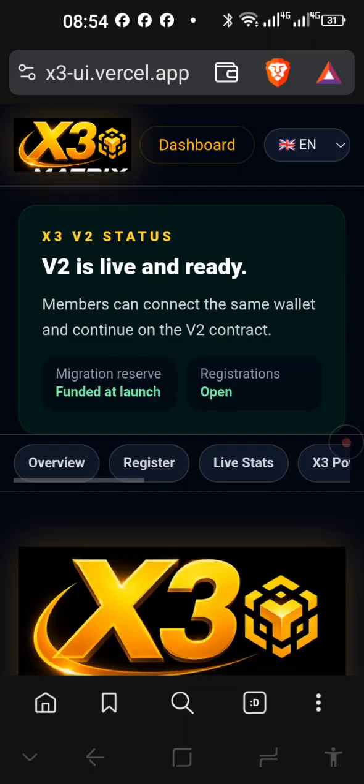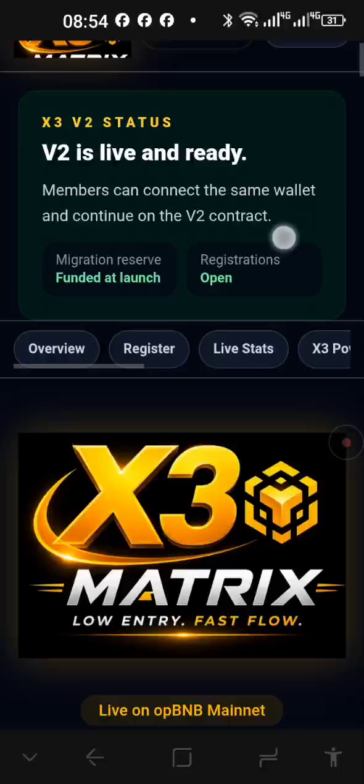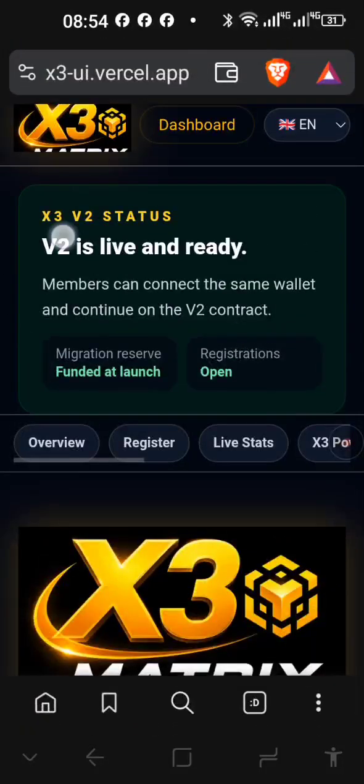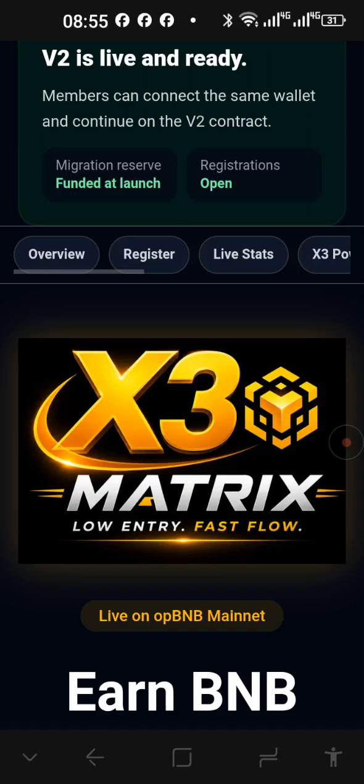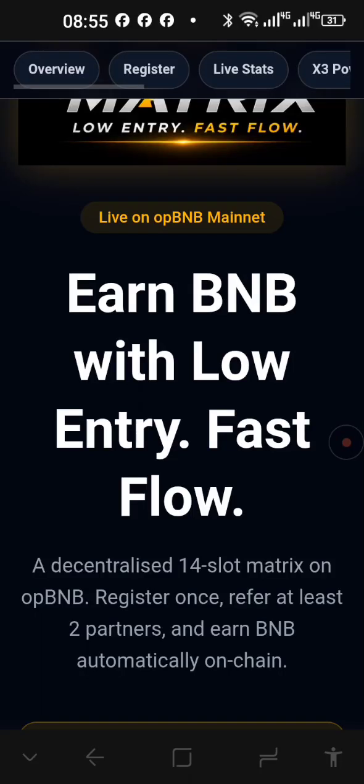Right, so let's run through this back office quickly. Now right at the top you will see the icon, there you will see dashboard. That is when you have registered. Right, then this is version 2. Obviously in version 1 you could not upgrade to higher levels. In version 2 you can upgrade to any level at any time. Right, this is the overview. Let's start right from the top.